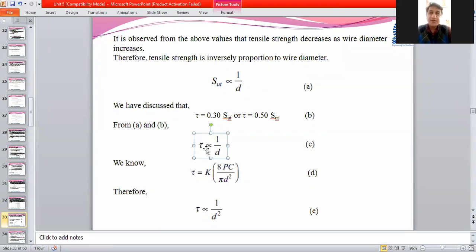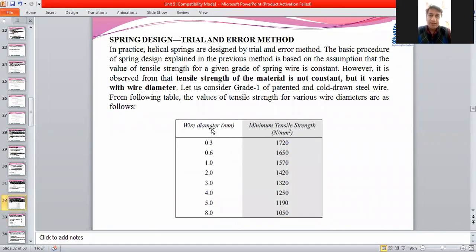Already we have discussed why it is happening, because of the manufacturing process which we are going to use. You can say, sir, instead of cold drawing, if you are going to use hot drawing for the manufacturing of that wire, then what will happen? Okay, that chart I will show you. But it is observed that for the spring wires, this behavior is present everywhere for every manufacturing process.